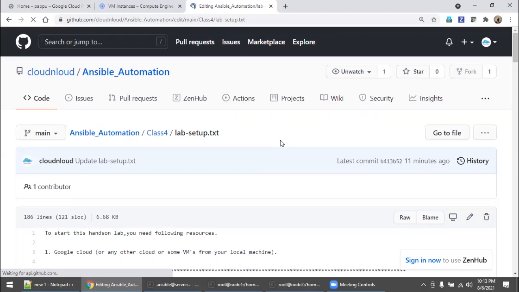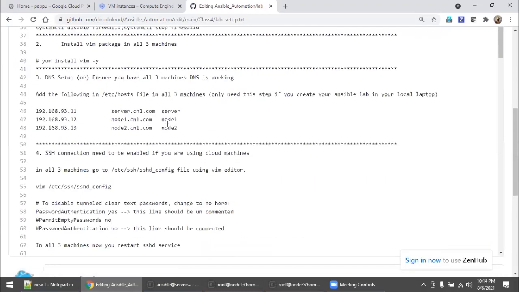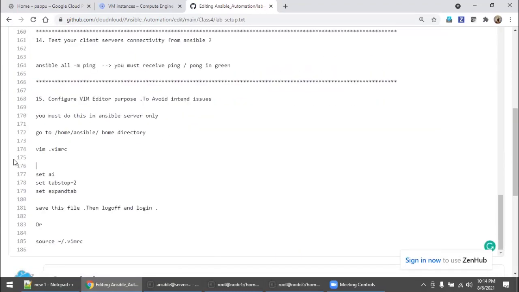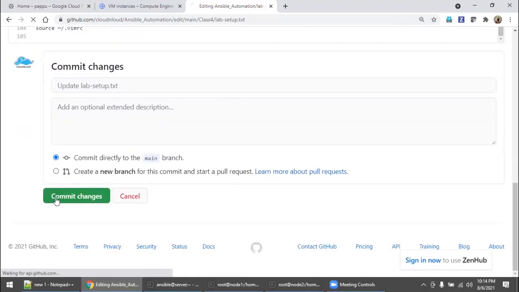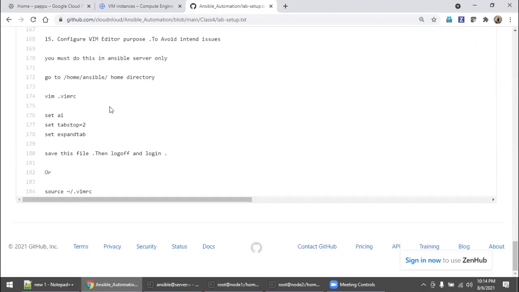So come down. There is a small error which I am going to remove so that it will be easy. So in home ansible, the .vimrc file I'm creating, and you copy these 3 lines.